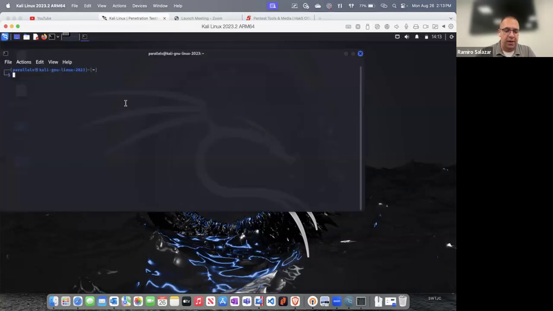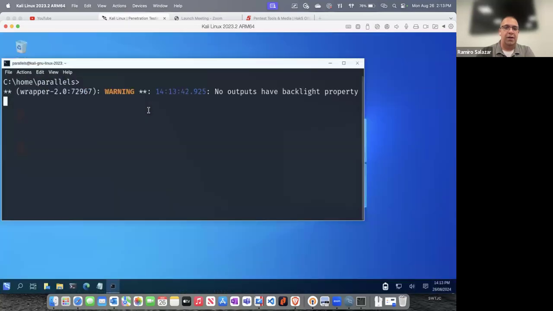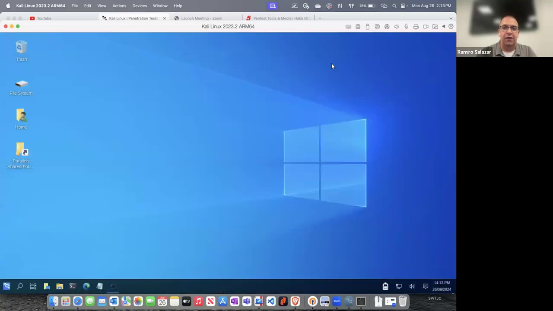So what hackers like to do before they start launching their attacks is to change the look and feel of their Kali Linux by typing in the command kali-undercover. And when you launch this command, it actually changes the look and feel of the computer over to a Windows computer.